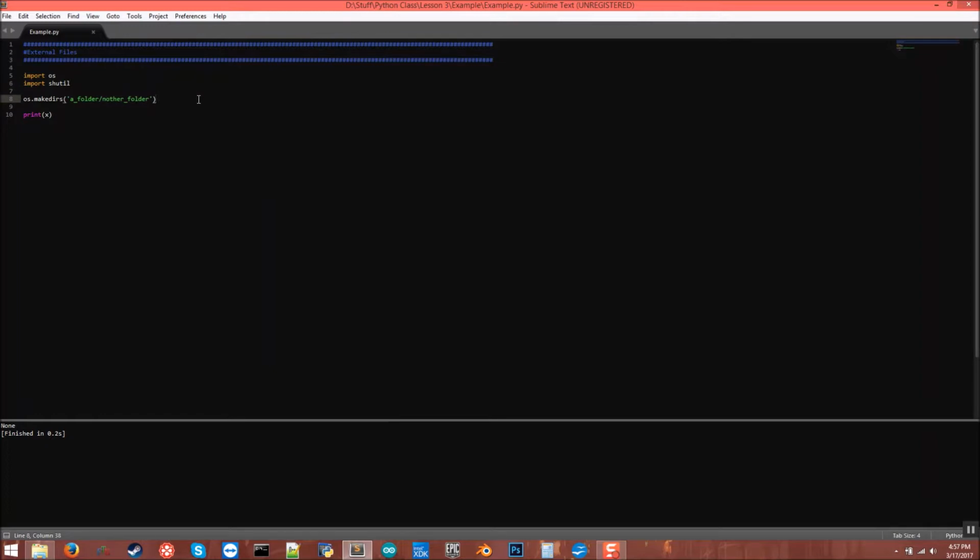So if you needed your script to make a folder to save stuff in, you would have it check to make sure it doesn't already exist, and then if it doesn't, it would make it. Now, if you wanted to remove things, there are two different ways to do this, and this is another use for the is file. You do os.remove. However, this is only for files, so we'll do